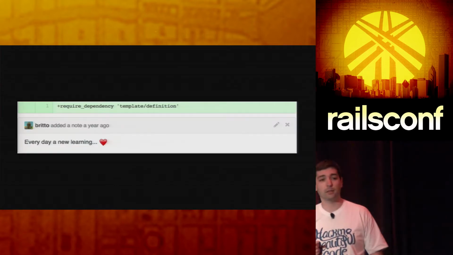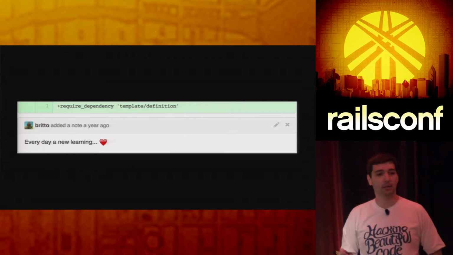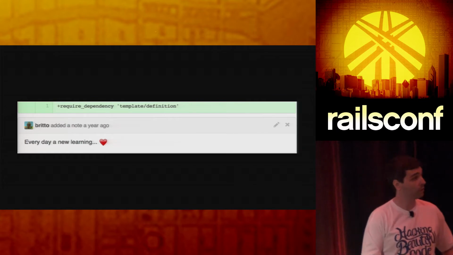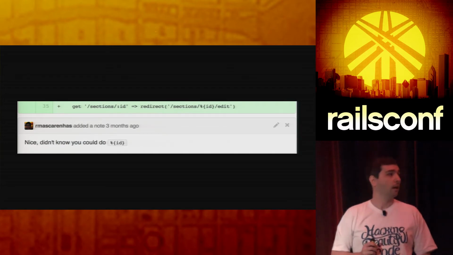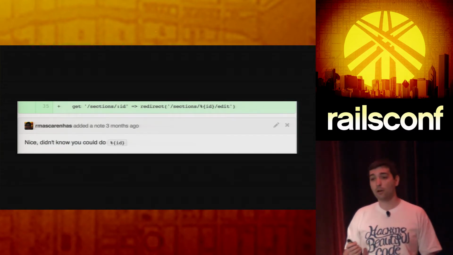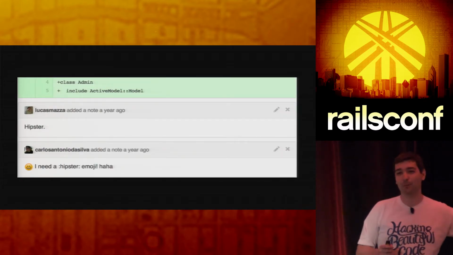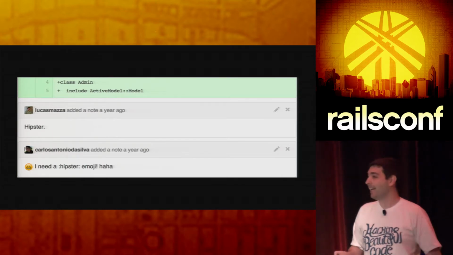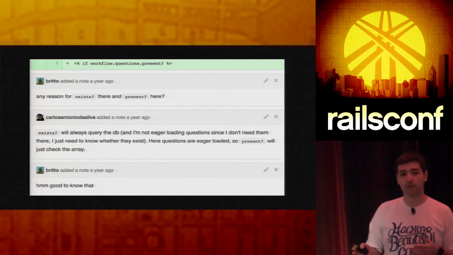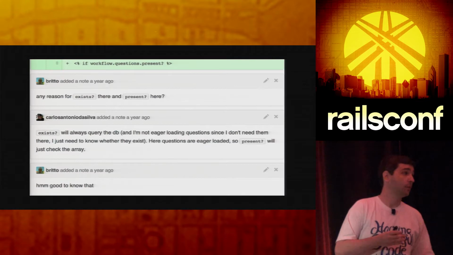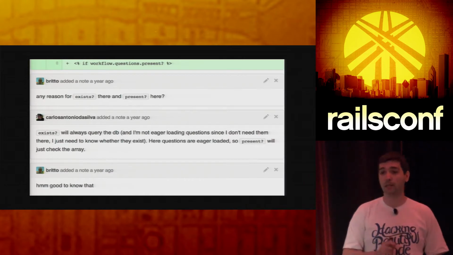So we have examples like that, where we write a new feature or refactor something, and someone goes there, maybe from our own project or maybe from another project, and just tells us, hey, I learned something new in this pull request. Or like this, right? It's very common to see such comments, like even trolling us when we are writing some code, which is fun. And well, there are also some discussions on why we use one method over another, right? So we try to explain and discuss in our pull requests why we use A or B solution.